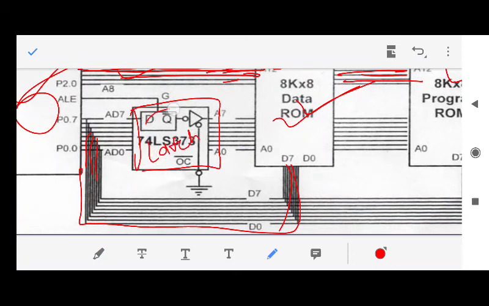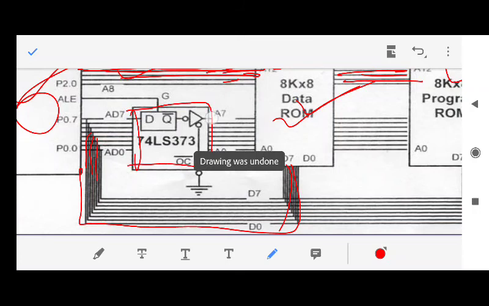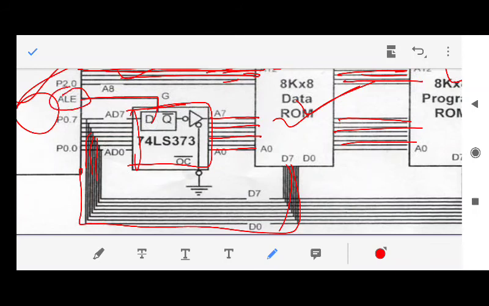Don't write all these things, don't make all these diagrams, just write latch. Fine. So it will go through the latch to the first memory, and the same lines will go into the second memory. Now this latch should be enabled or disabled. So a signal should come from the 8051, that is known as address latch enable. That will define whether this is an address or data. Fine. Now this is done.